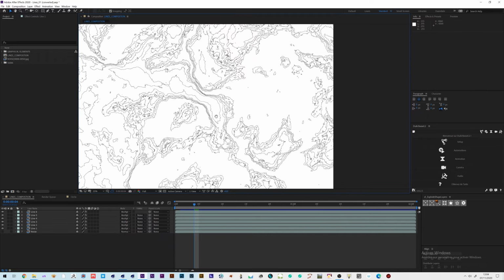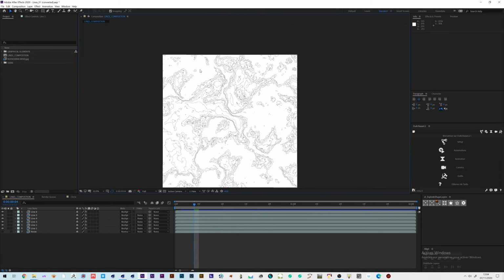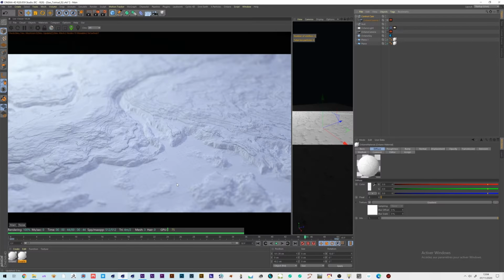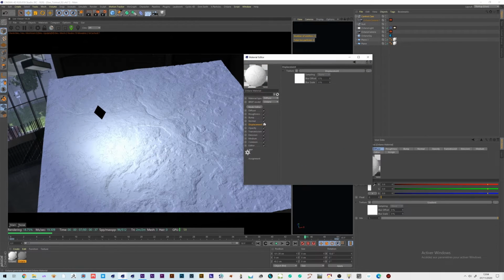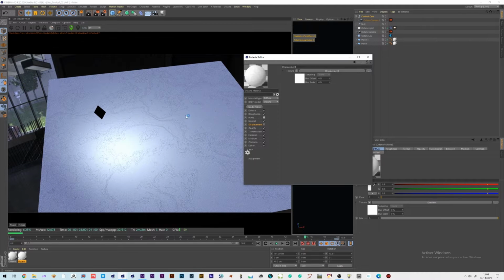But one thing that can be tricky is to know where your camera is pointing on this map, because as you see, we won't add graphical elements everywhere. We'll just have them where the camera is pointing. And at this point, I would say the best way to know where we are in the C4D scene is to jump back with the camera, and to have a better view, maybe disable the displacement and the bump, so that we can have a flat representation of the line texture,